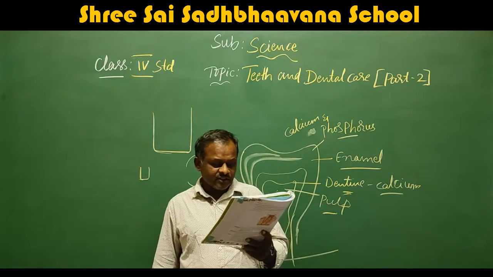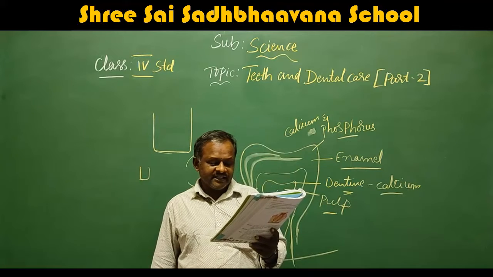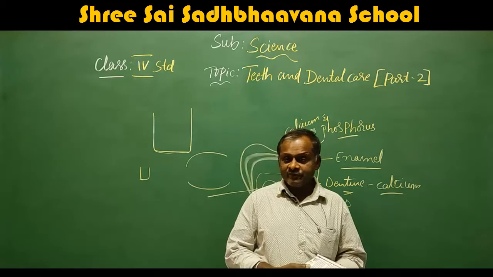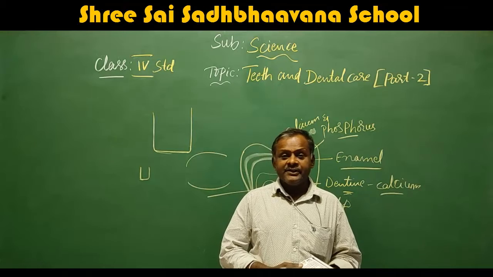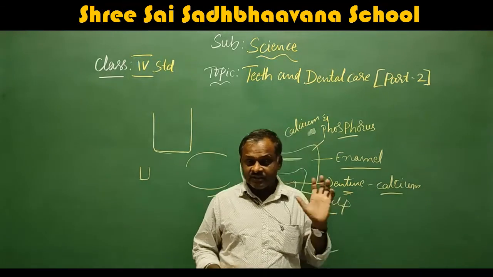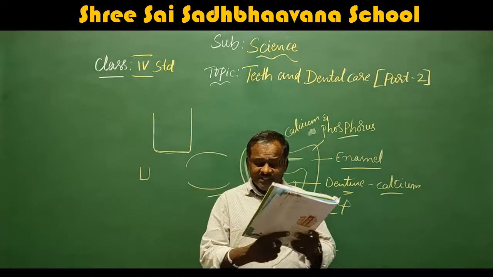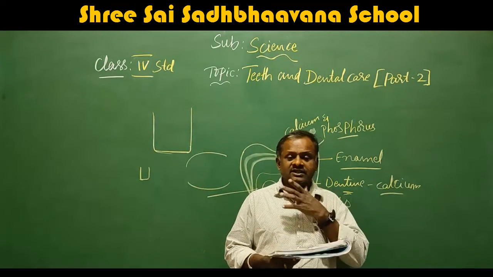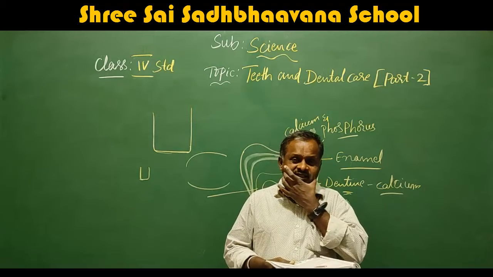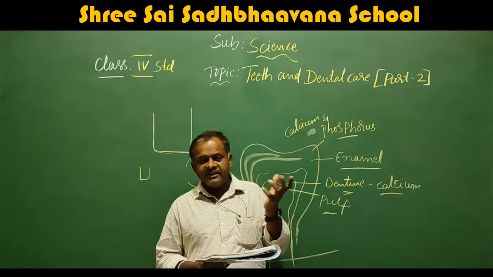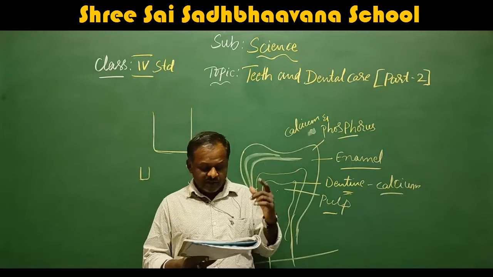These are the last teeth to develop and do not erupt until the age of 18 to 21 years. These are the last teeth to grow in our body. Some people never develop third molars at all. That means some people, due to heredity, don't get third molars.